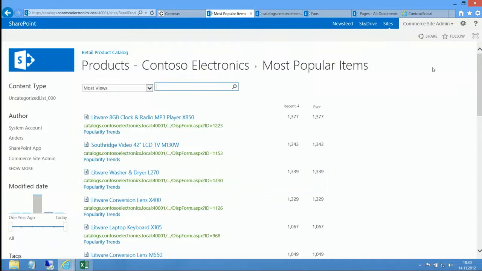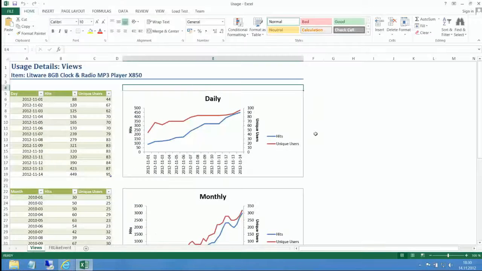So here's the usage report that I pulled out. And as you see here, the number of unique users are increasing, but the number of hits, meaning the page views, are increasing even more because they are navigating across the different options, they are finding the different products, and they're able to actually see alternatives, and they're exploring new options. And what we also see then is that the bounce rate has decreased and the conversion rate has increased. So people are actually buying more,